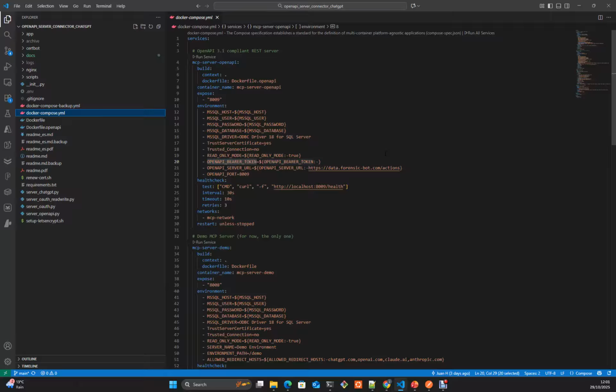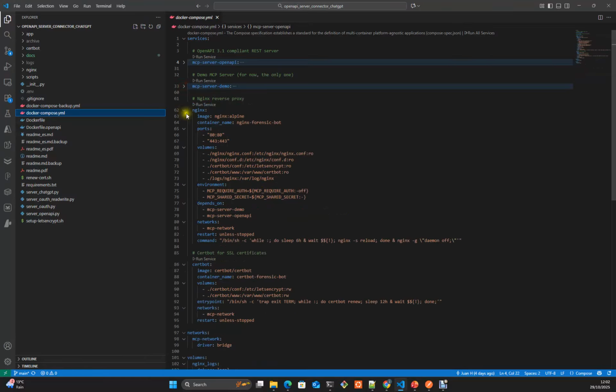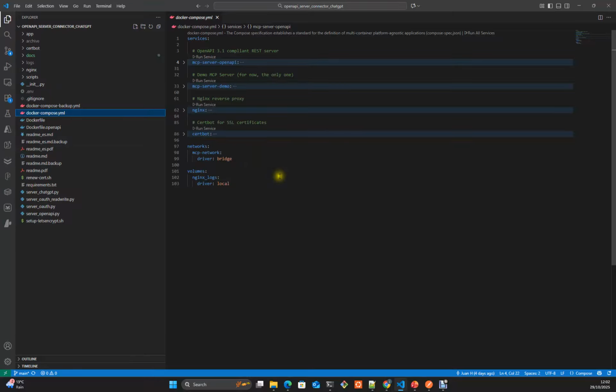And again, we have one for OpenAPI, the one that we will cover today. The server demo is for Claude AI and for ChatGPT in developer mode, and the rest is common, NGINX, the reverse proxy, and Certbot. Everything running in our containers.